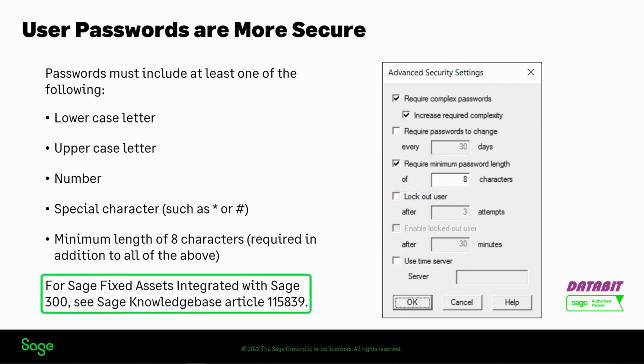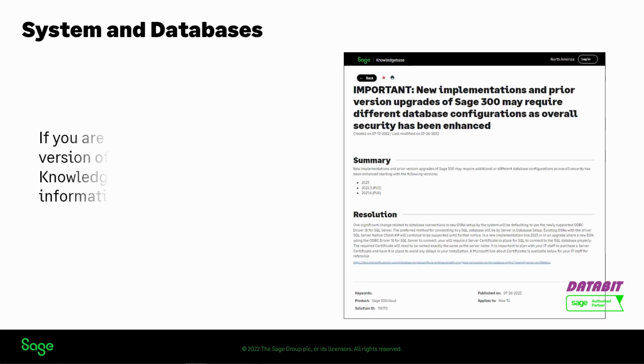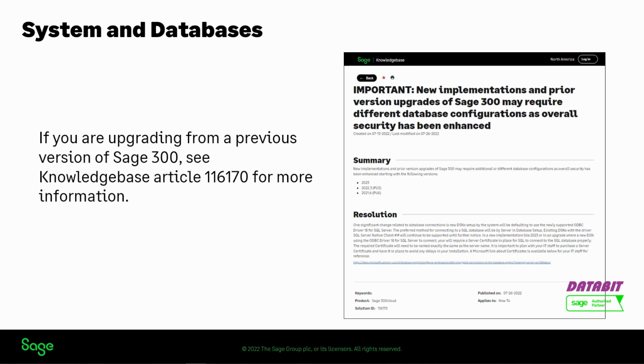Also, if you require complex passwords and you use Sage Fixed Assets integrated with Sage 300, you must update your system as explained in Sage Knowledge Base Article 115839. Technical upgrades and enhancements have been made to improve overall security for Sage 300. If you are upgrading from a previous version of Sage 300, you may need to make some changes to your system setup. For more information, see Knowledge Base Article